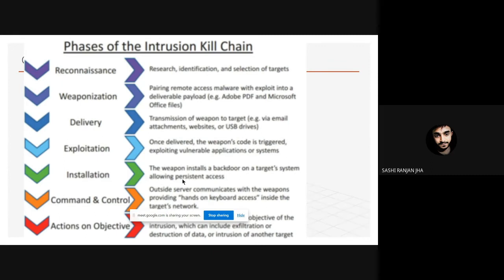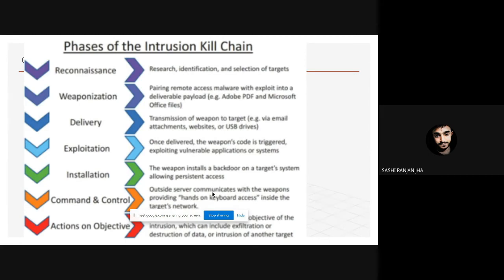And it is persistent in nature. So whenever you restart your service or you restart your computer, it will automatically get connected to the attacker system, because the code or the malware that we fit into the payload is coded in such a way that every time the system restarts, it will automatically give a connection back to the attackers.